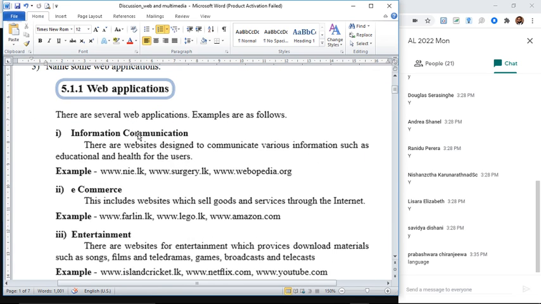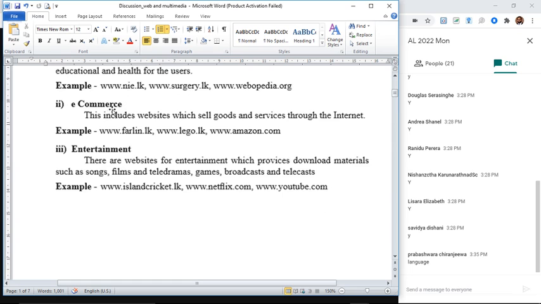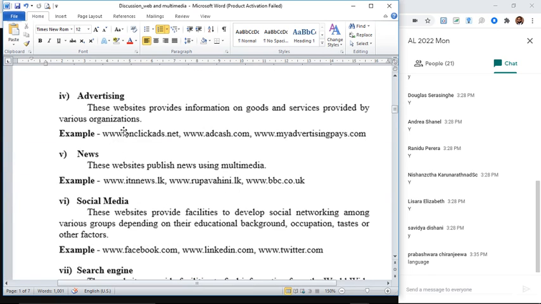Now think, all over the world we are going for web-based systems, right? Information, e-commerce, entertainment, then advertising, right? 90% of the advertising now is focused on these websites. Think about Facebook,